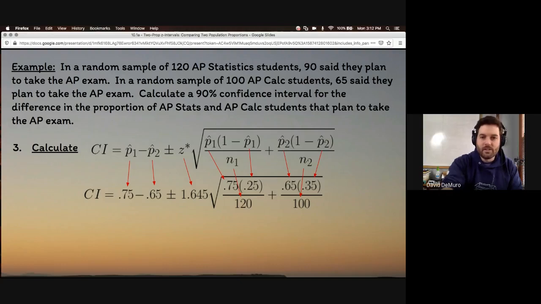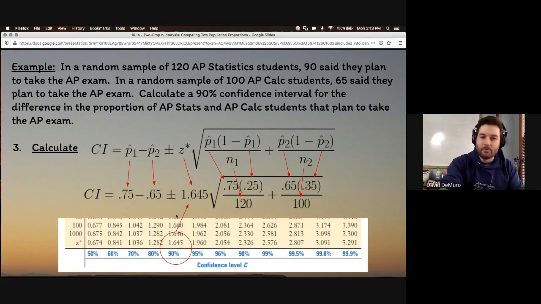So what we're going to do is take that big formula that might look kind of scary and substitute in the parts we know. P hat 1, the proportion of stat students taking the exam, 0.75, minus p hat 2, the proportion of calc students taking the exam, 0.65, plus or minus z star, which we're going to get from the table. So for 90% confidence, z star is 1.645, times that standard error: p hat 1, 0.75, times 1 minus p hat 1, 0.25, over n1, 120, plus p hat 2, 0.65, times 1 minus p hat 2, 0.35, over n2, which is